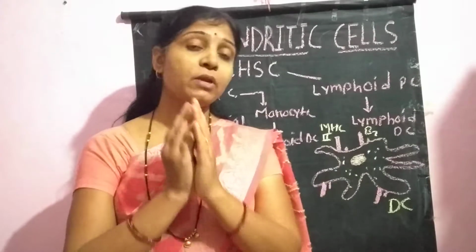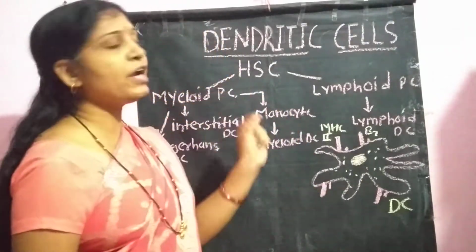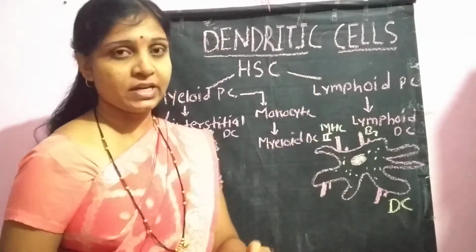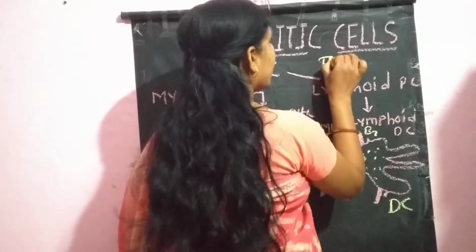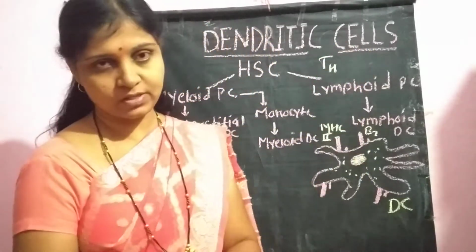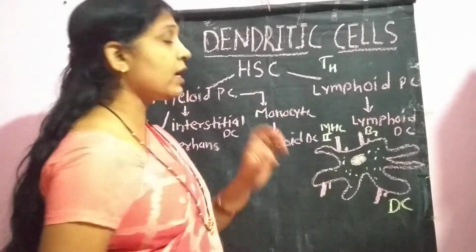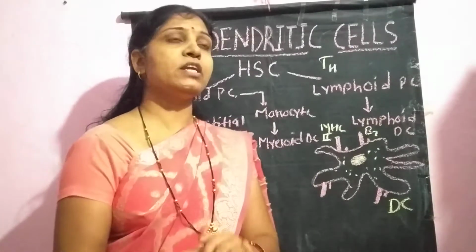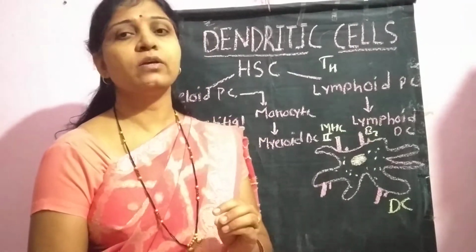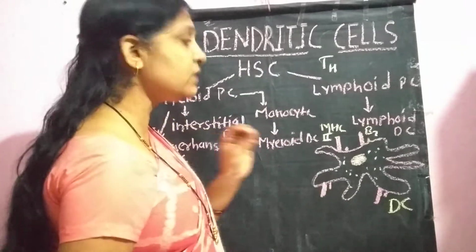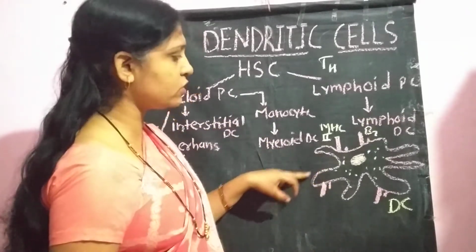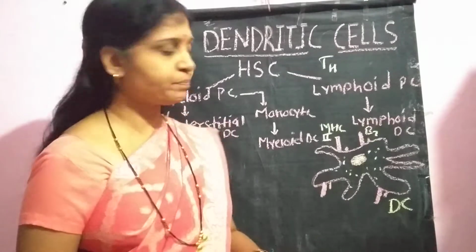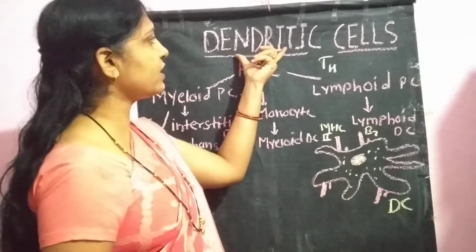Now as we know, the main function of these dendritic cells is antigen presentation. These dendritic cells are responsible for presenting the antigens to the T helper cells, that is the CD4 positive cells. When we discuss the structure, these cells get the name dendritic from their morphology, that is the membrane extensions of these cells. These look like the dendrites present in nerve cells, and due to that these cells are called dendritic cells.